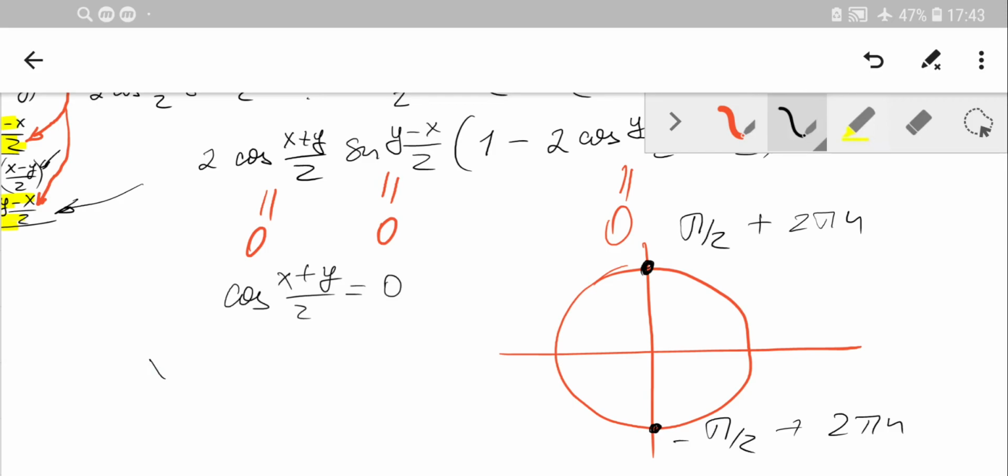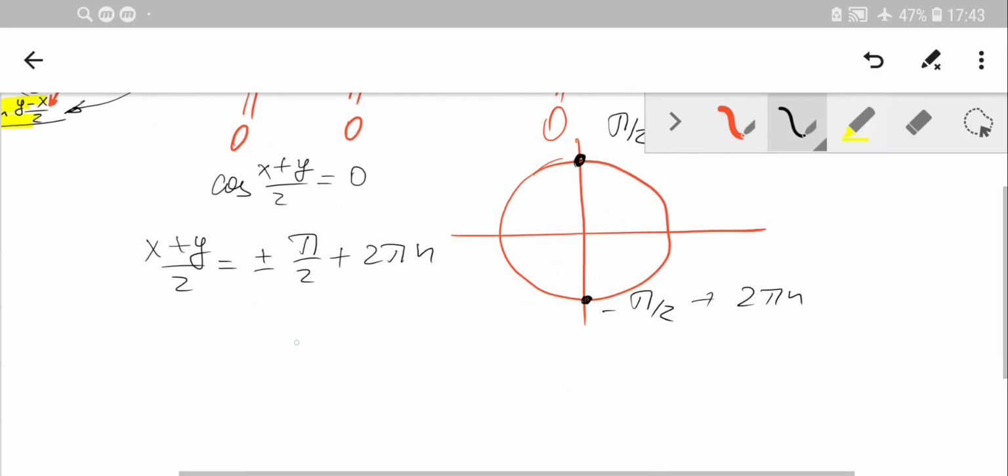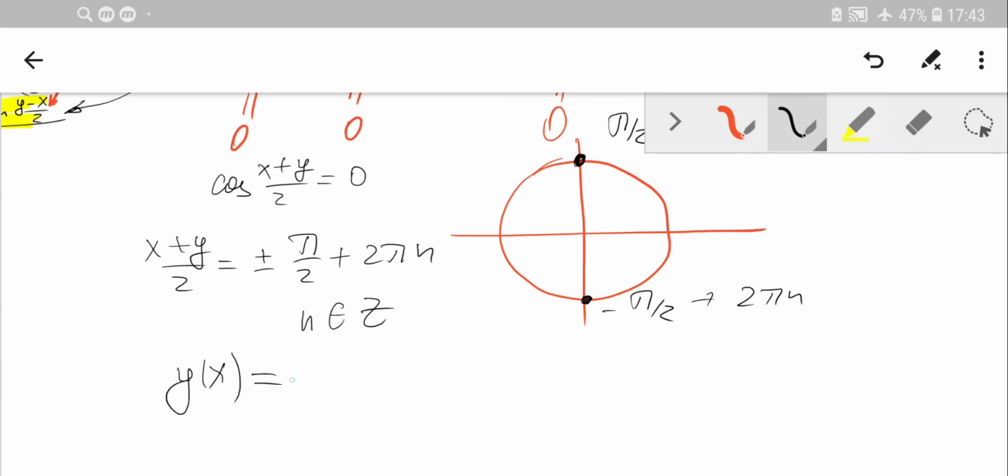So (x+y)/2 equals plus or minus pi over 2 plus 2 pi n. Okay, so here we can see that n is from Z, and y as a function of x, and this is the key idea and basically the main outcome, is simply plus minus pi plus 4 pi n and simply